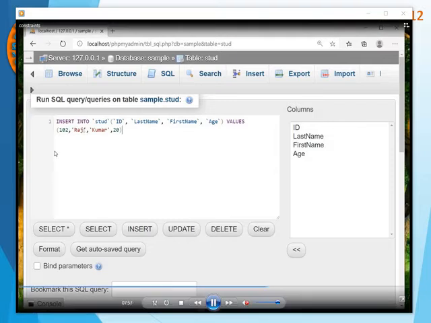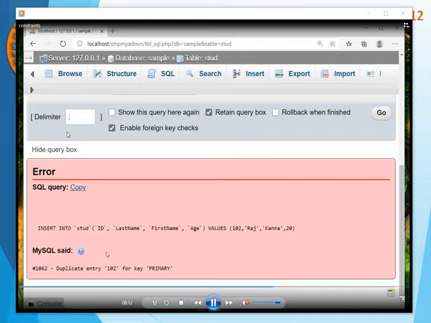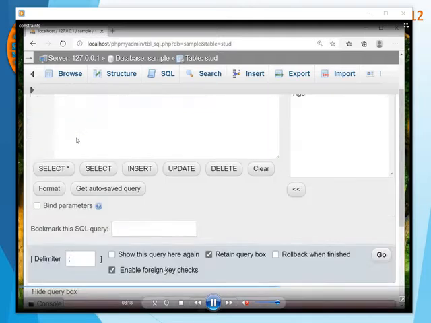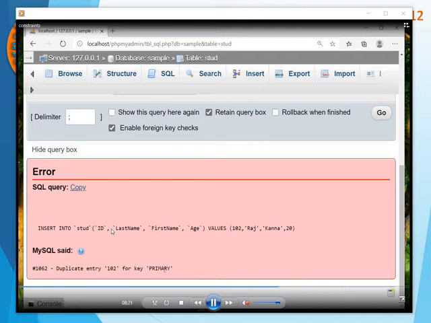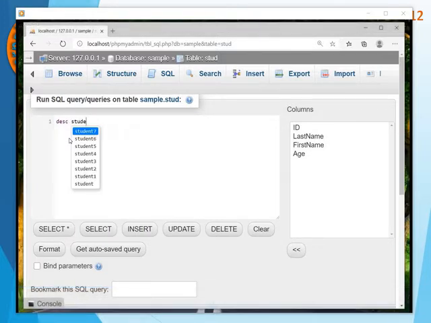Here I am going to give the same ID number, but the data here are changed. Even though data in other fields are changed, see, it is 102. Again, already there is a value as 102. So if you are trying to insert the same value again, it is considered a duplicate value and it is not allowing the insert because of the primary key constraint present in that particular table.